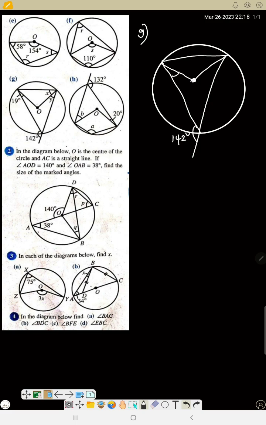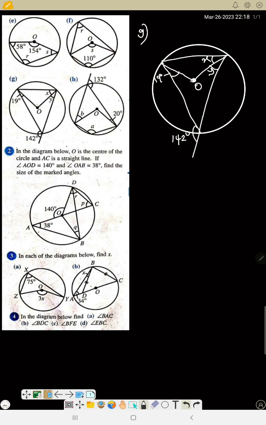So here is 19 degree. So this place is x, this place is y, and this is O. So now we want to know this x. So to find x,